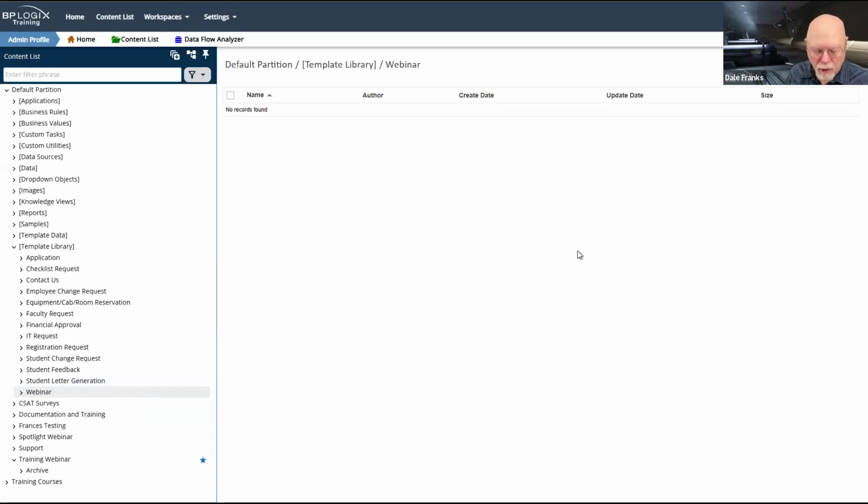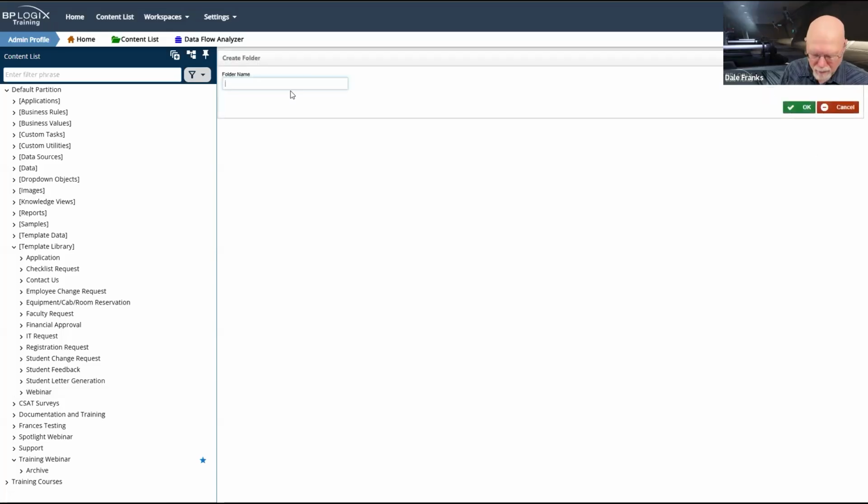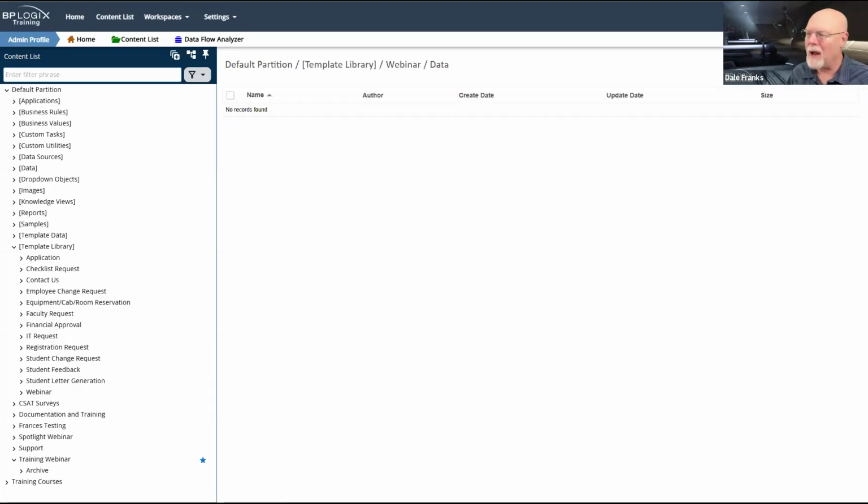But because an application is probably going to contain some common things, first would be data. We use Excel spreadsheets a lot, especially for cloud customers, to bring data into the Process Director internal user database where I can query it via SQL. I'm going to need a folder to store that. So one of the standard folders that I would create as a subfolder in the webinar folder would just be my data folder. So if I have any specific data that my application needs, I'll just place it in my data folder.